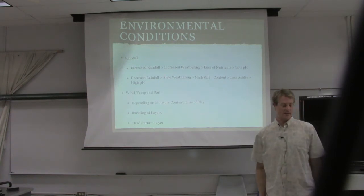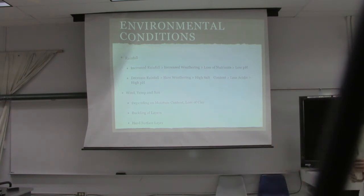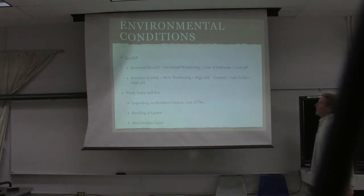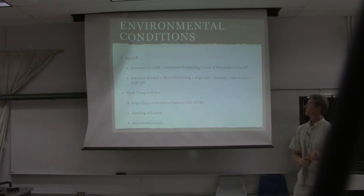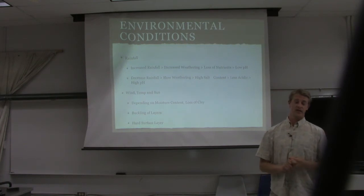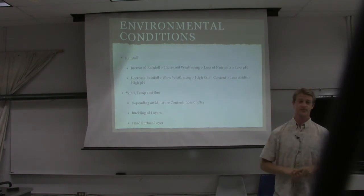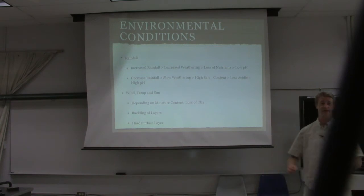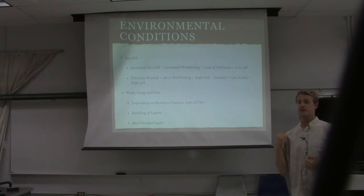Environmental conditions dictate how the soil is made. The most important one, obviously, is going to be rainfall. As rainfall increases on any one of these rocks, so it's not just Hawaiian soils, but all rocks, as rainfall increases and weathering increases, the result of the erosion is basically going to be a loss of nutrients. So, for example, you have some soil. Picture some soil in your backyard. As rain comes down over decades and starts beating away and eroding at those chunks of rock,